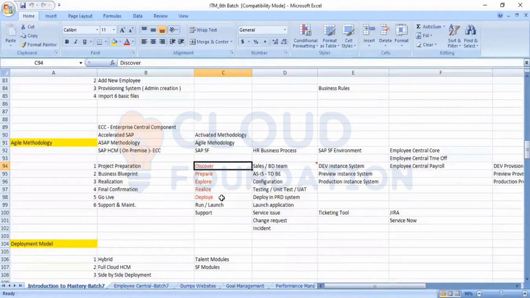The transition manager and the service delivery manager will be onboarded into the project in coordination with the sales team.